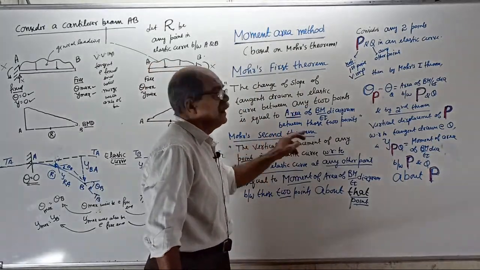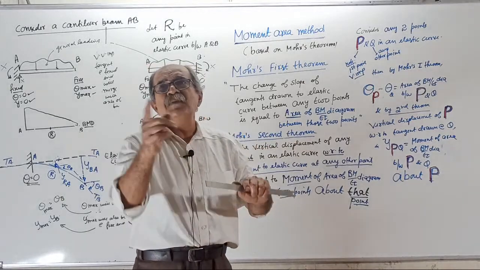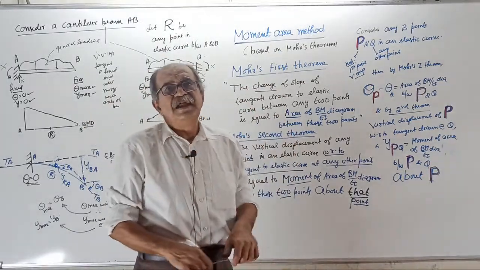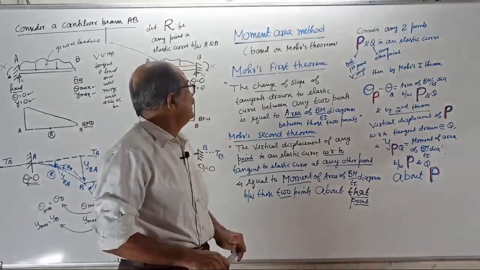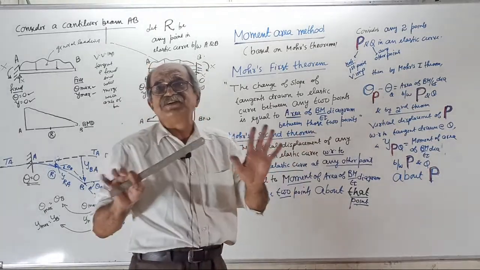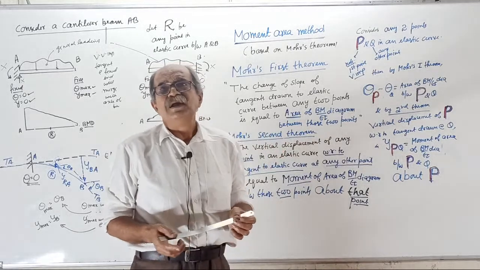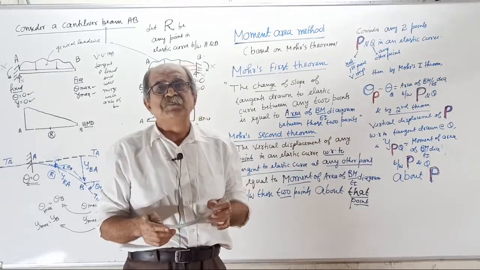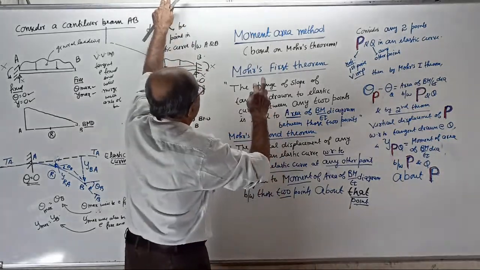Moore's second theorem gives some information for displacement. It is not deflection. It may be deflection. In a cantilever, it is actually deflection. In a simply-supported beam, it is not deflection. It is something else which you have to convert to deflection. Okay, start. Now,